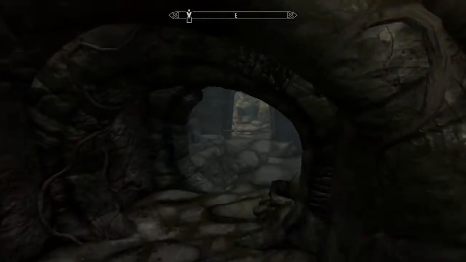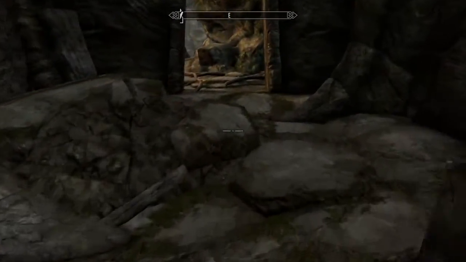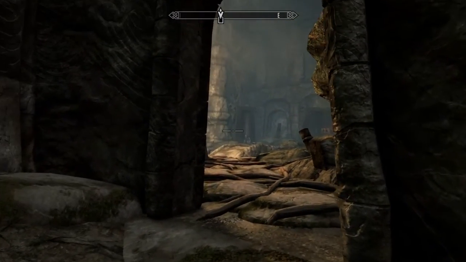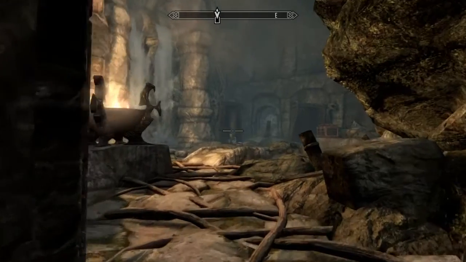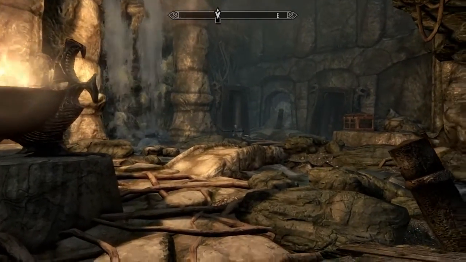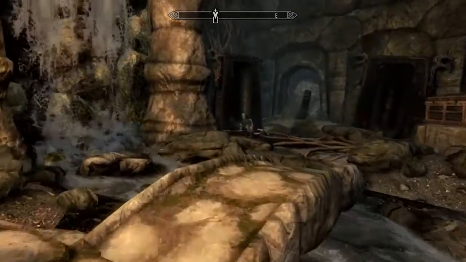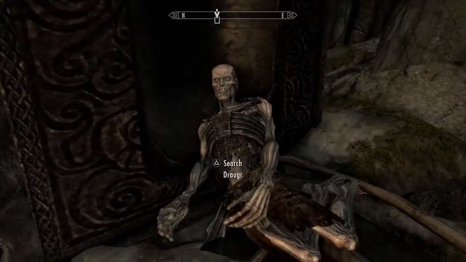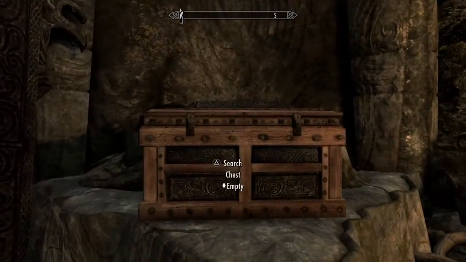Alright, I think we're actually getting pretty close to the end of this little area. As we come through here, there's going to be a drow that pops out of this, but he won't pop out until you get right about here unless you're running. So as soon as he pops out, you can take a shot. It might take you a couple shots to get him down. Once you knock that guy down and take all his good stuff, you can search his chest over here,